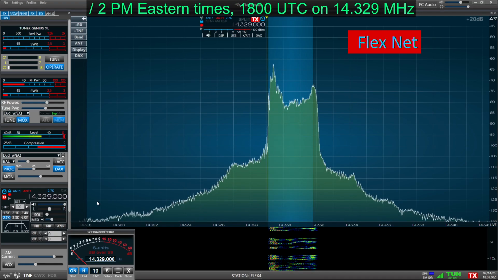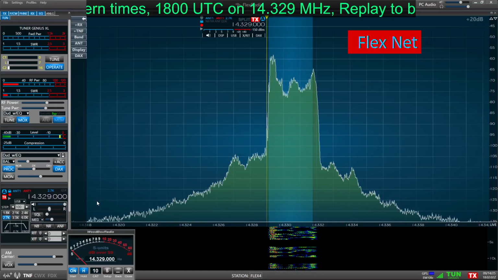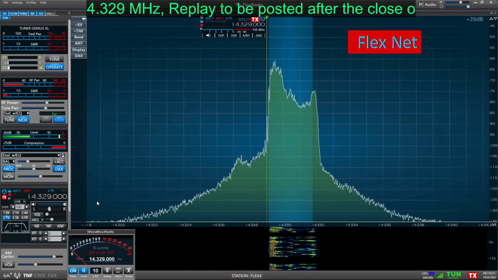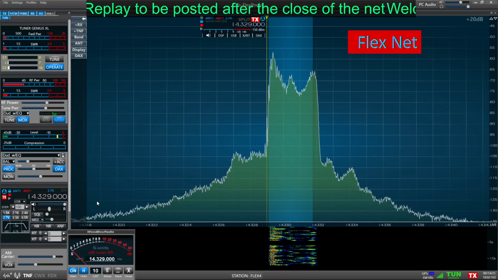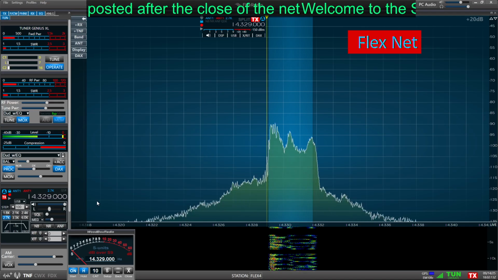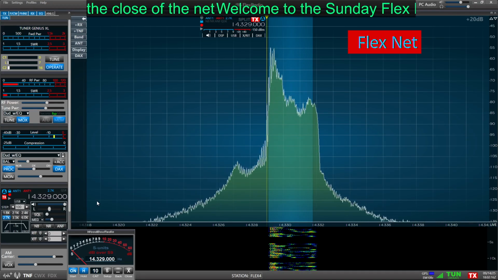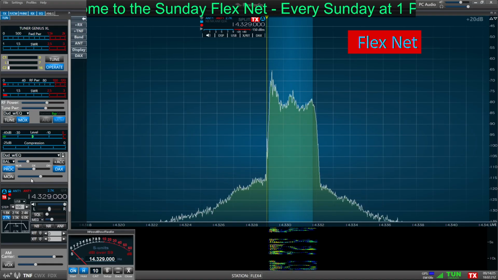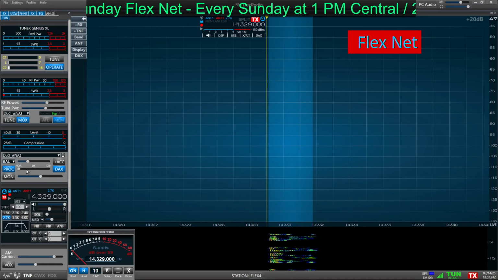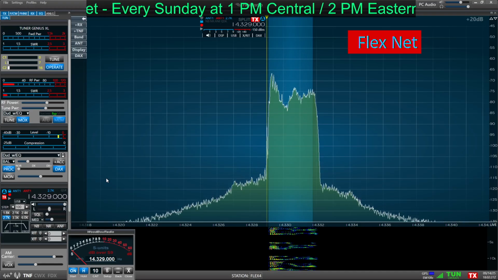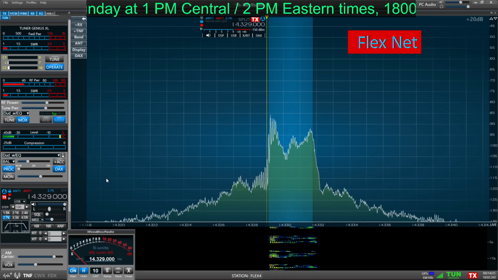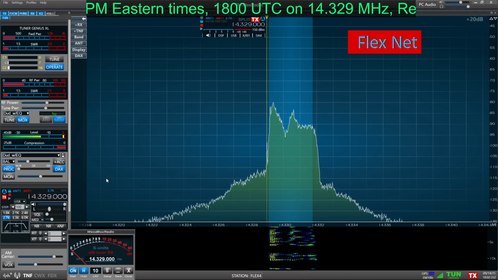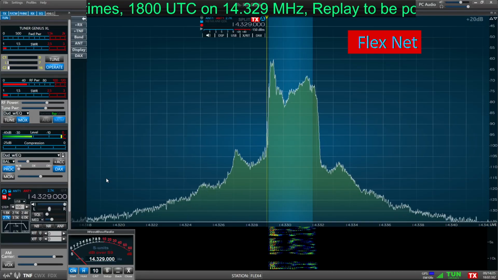Let's see. There are several ways that you can listen to this net. One way is through EchoLink. That's under my call, Whiskey Alpha 5, Quebec, Papa, Zulu, and that will allow you to listen to the FlexNet. It's also node 79336, node 79336. Another way is to listen through CQ200.